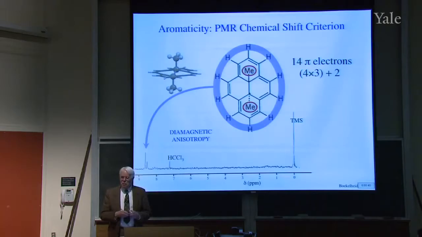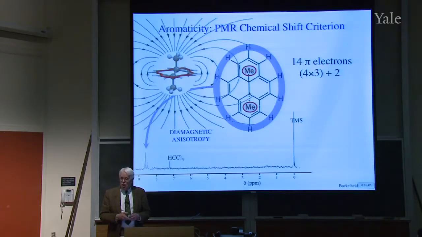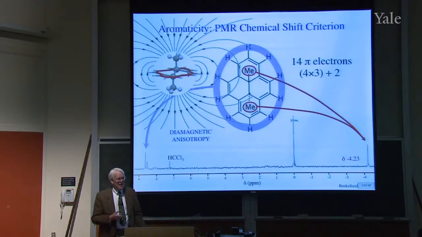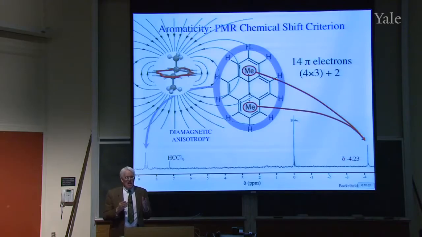So there's a picture of the molecule taken from an X-ray crystal structure, and you see the circulation would be around this path. Where are the methyl groups? The methyl groups are in the middle, right, where the lines of force are going the other direction. And you find them up here, right? So that's a really dramatic example of this diamagnetic anisotropy. Okay. Now,